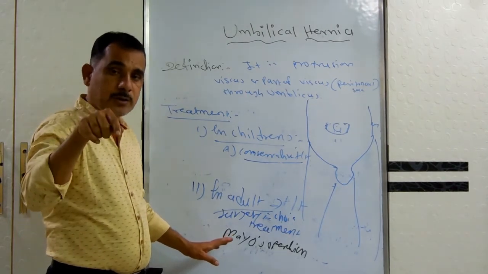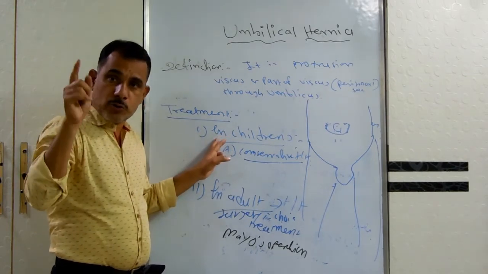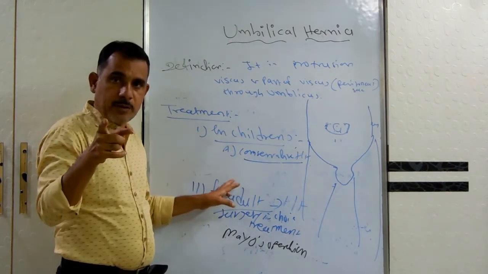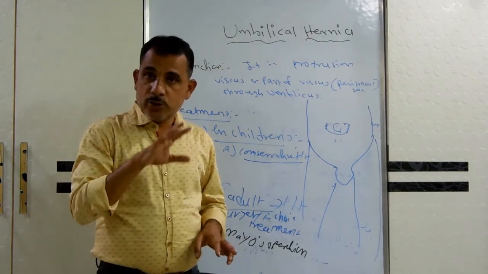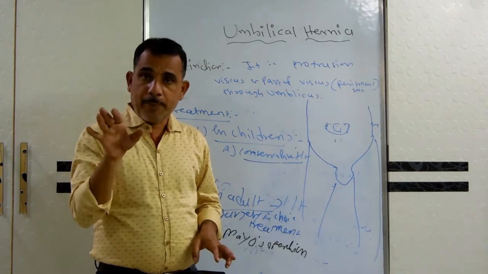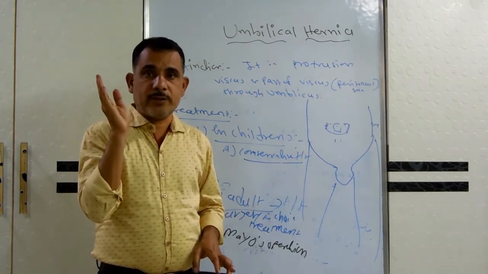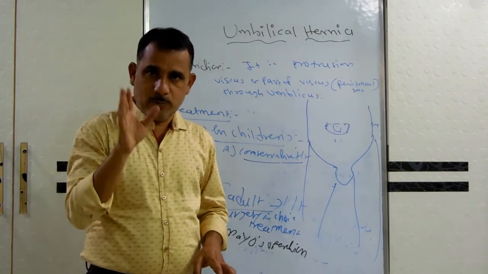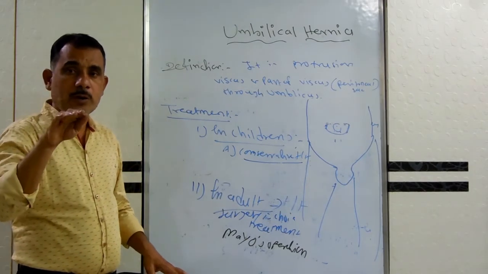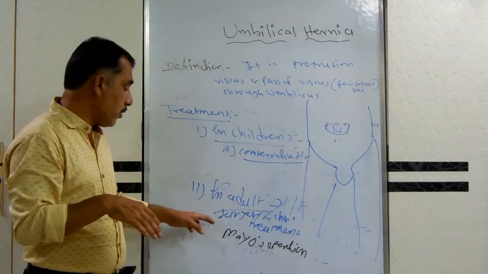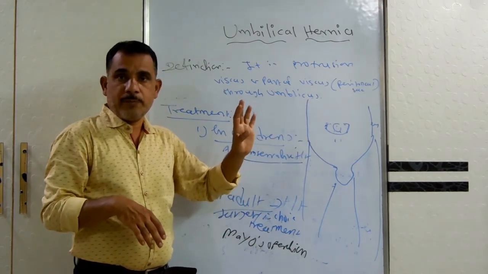But as per the surgery, in children there is conservative treatment and surgical treatment. The choice of surgical treatment in children, I already told you, is if the hernia does not disappear completely by 18 months of the child, or if there is a complication, either obstruction or strangulation. While in adults, the choice of treatment as per the modern system is the surgical treatment, Mayo's operation that I have described to you.